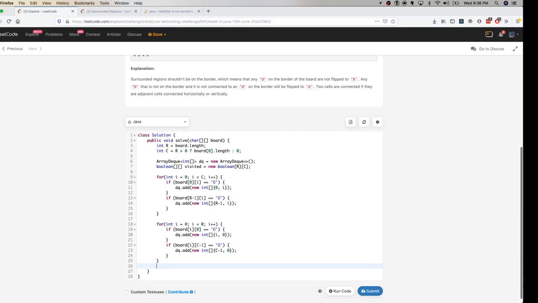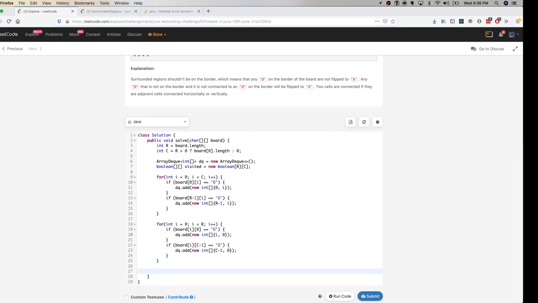So what I'm gonna do now is perform a breadth first search on this deque and record all the elements which could be O's coming up from the boundaries.